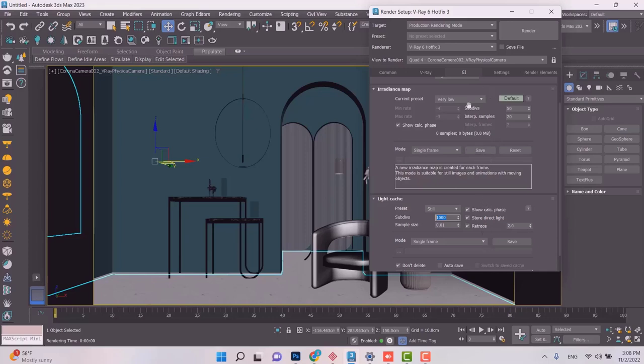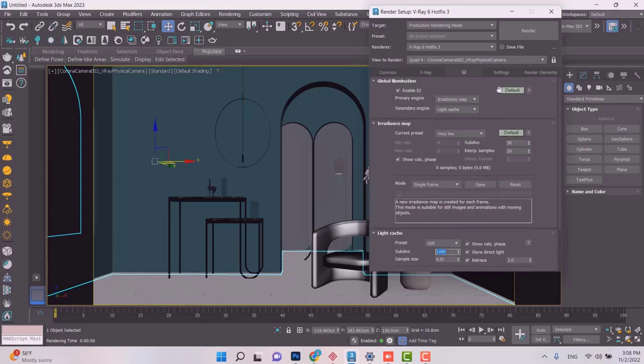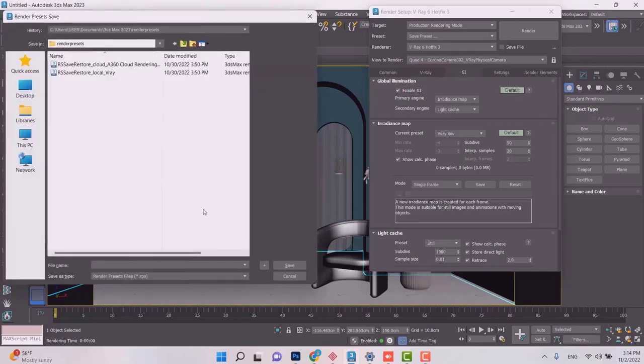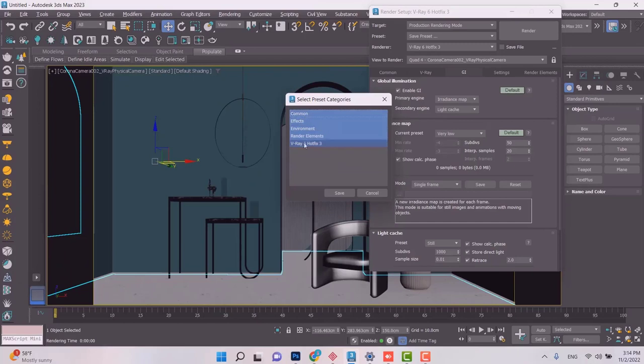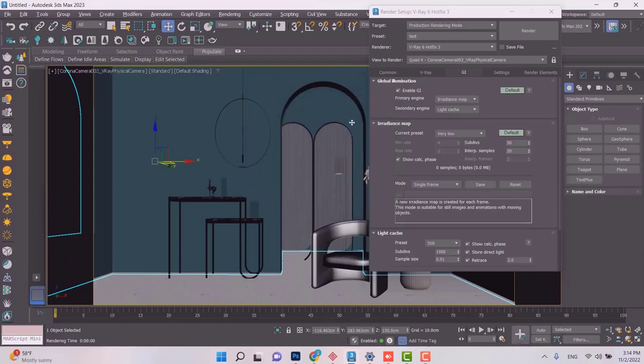So why not just save them as presets? What you can do is that, all these settings for the test render, you can just come up here and save the preset here. You can just click on save preset, choose a name for it, let's say test, and save it. It asks you whether you want to save all of these items, and you click on save, and that's it. Now every time you need to take a test render, you can just come here and use the setting readily available for you. Just select it and use it.